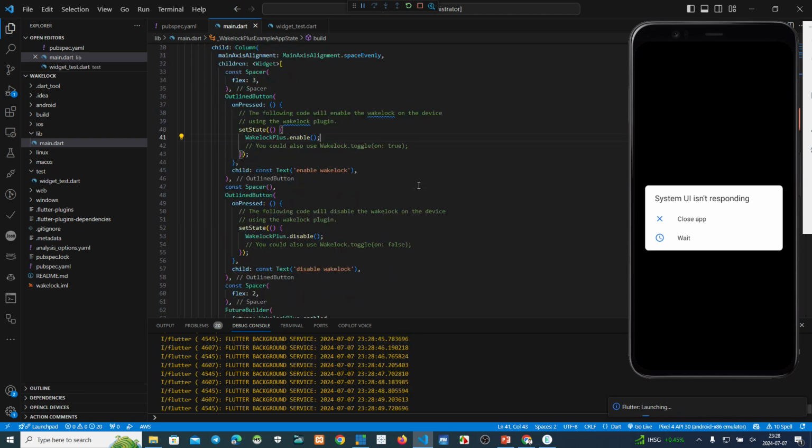And if we want to disable, if we click this button, just setState WakelockPlus.disable. That's all to make our project use Wakelock Plus.